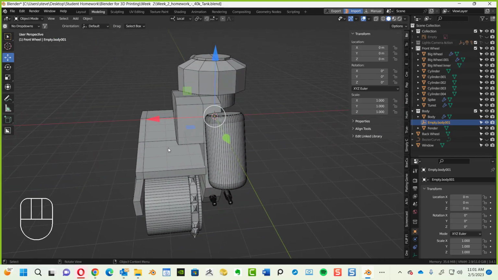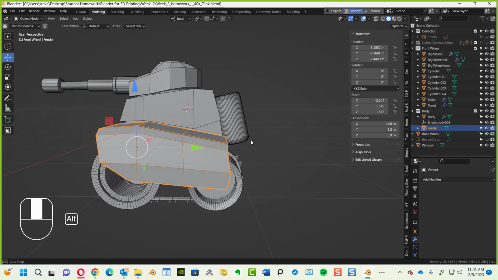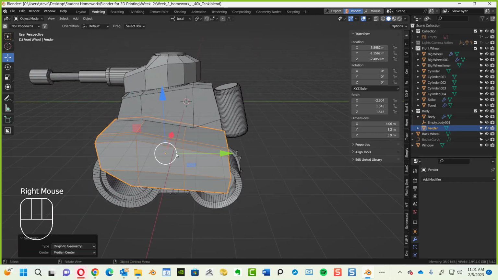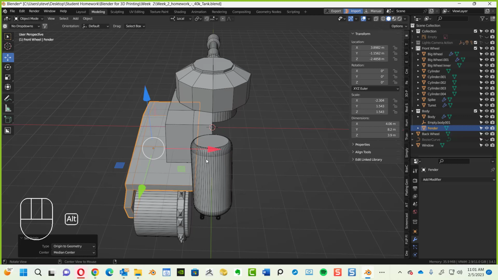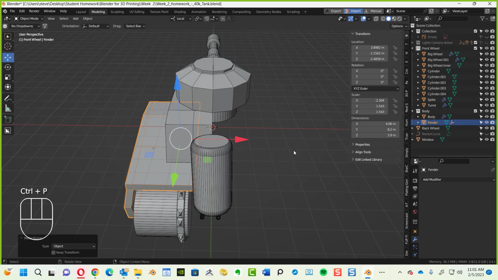Okay, so here's the problem. I'm going to right click and set the origin to the geometry. We're just going to set the geometry's origin to itself. That's fine. So now we'll select the empty as the last thing, and Control P and object, and yeah,